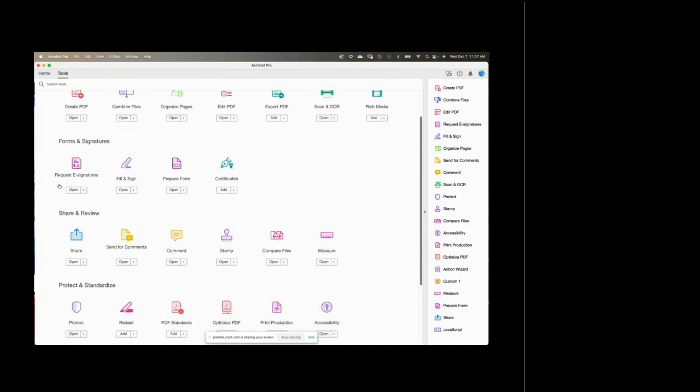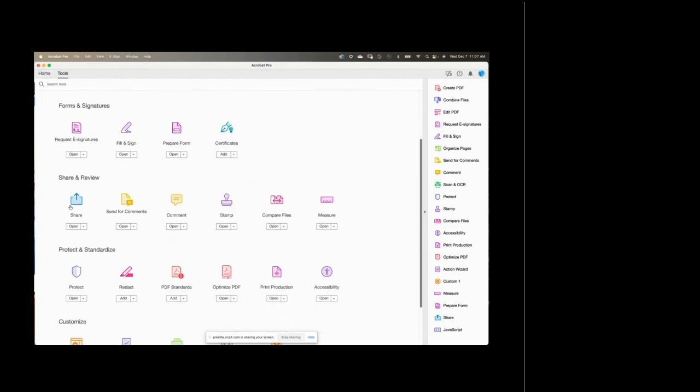Now you can also sign and certify in various ways. So you can request e-signatures, you can fill and sign a document, you can prepare a form, and you can also add certificates. There's also many ways to communicate with and share PDFs. So whether you're sending for comments, whether you're sending comments yourself, or creating stamps, or the compare file features. This is hugely popular because it takes a lot of the guesswork out of comparing files,